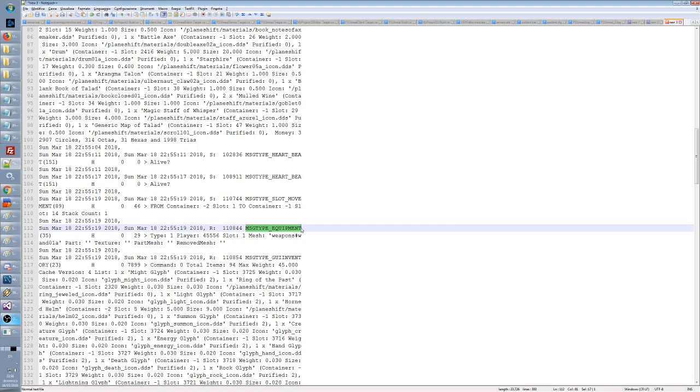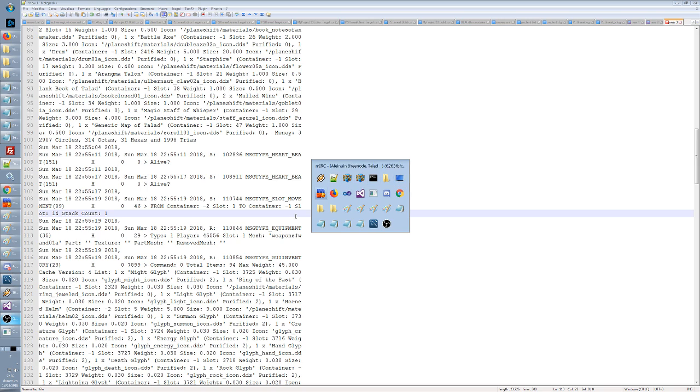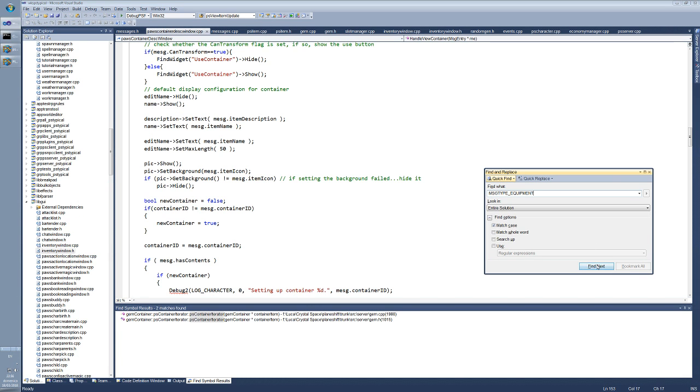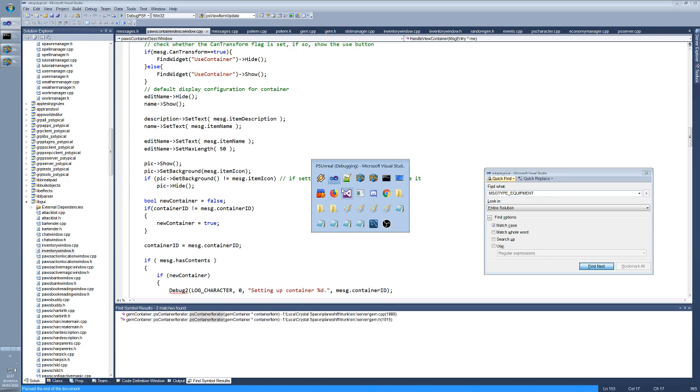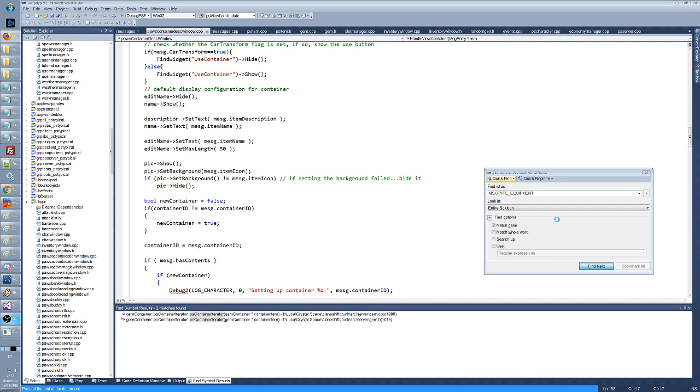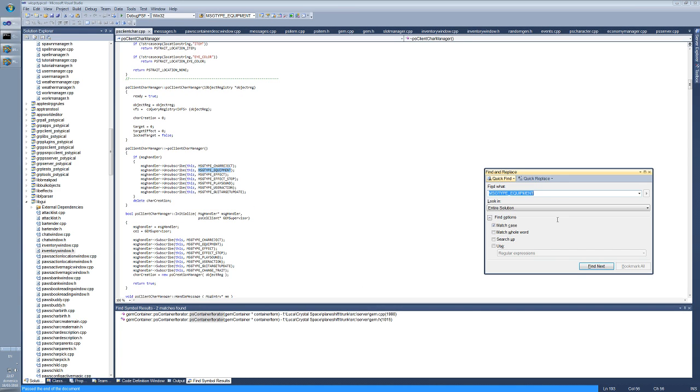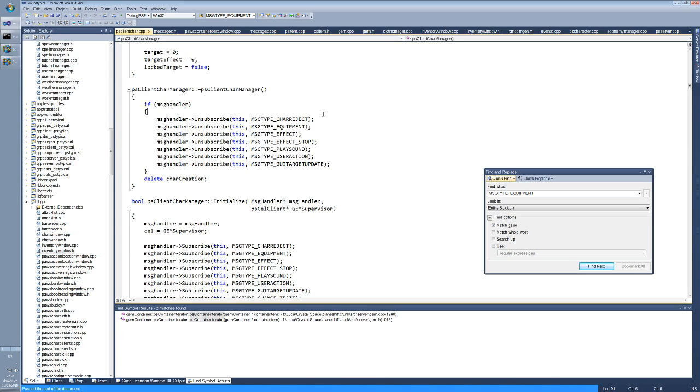Now I don't know why we couldn't see it in our code, but there must be somewhere here a message equipment that is triggered. I don't know where or how. Maui, you're saying it gets moved, and it checks the slot and updates the inventory for the player. Yes, that is what it's doing. I'm just trying to understand where the hell in our client we are getting